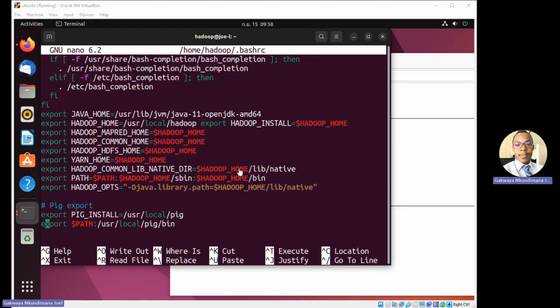Let's see which file is not identified. All right, so there we need to keep the path. We need to keep the path. So it's not identified, we need to keep the path. We say PATH should be equal. We have to identify that path. So we save